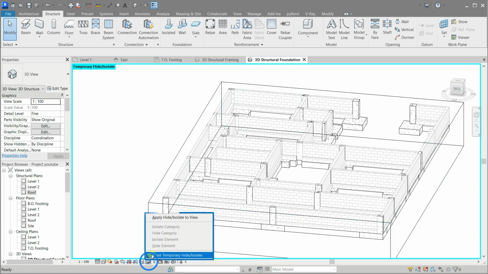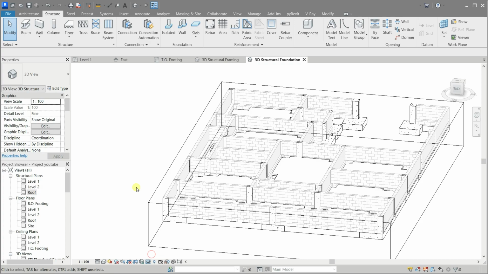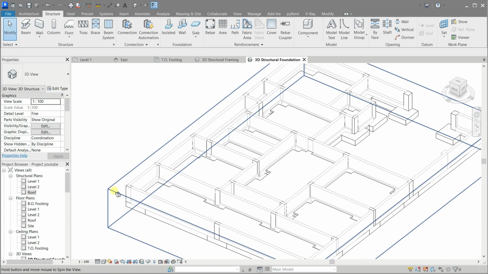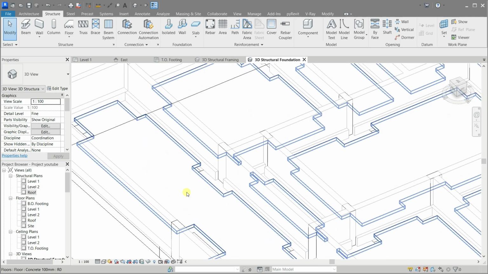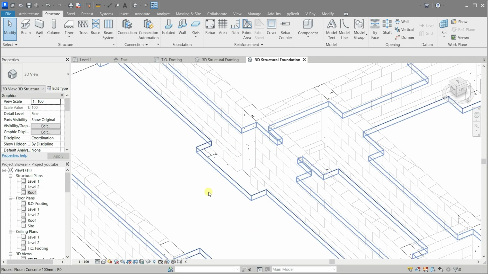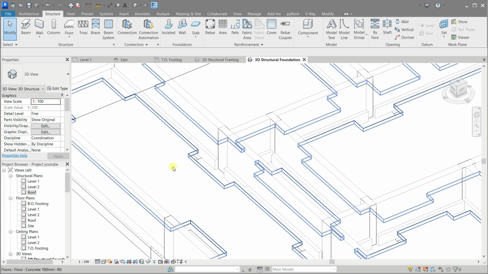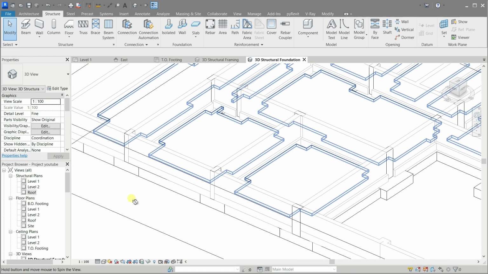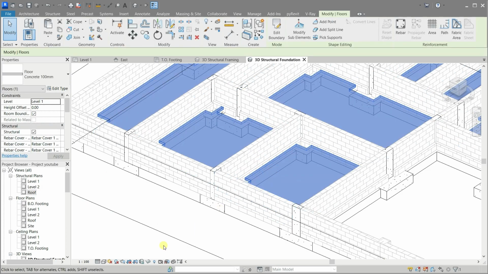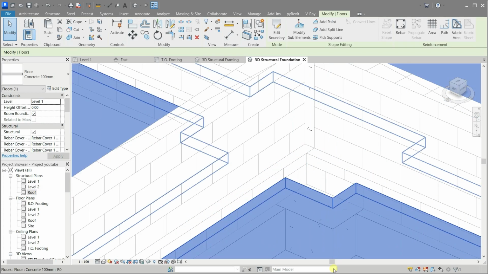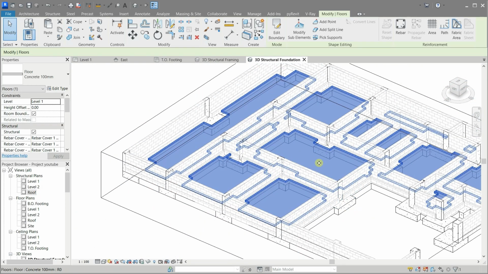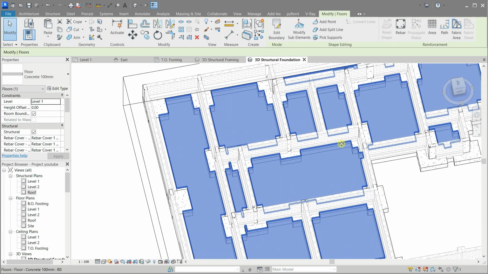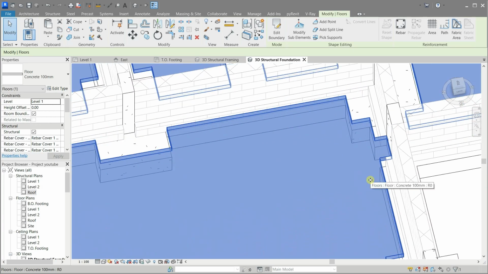And hide the floor. It will not impede with the visibility of the foundation parts anymore. I think I'll lower it down a little bit.